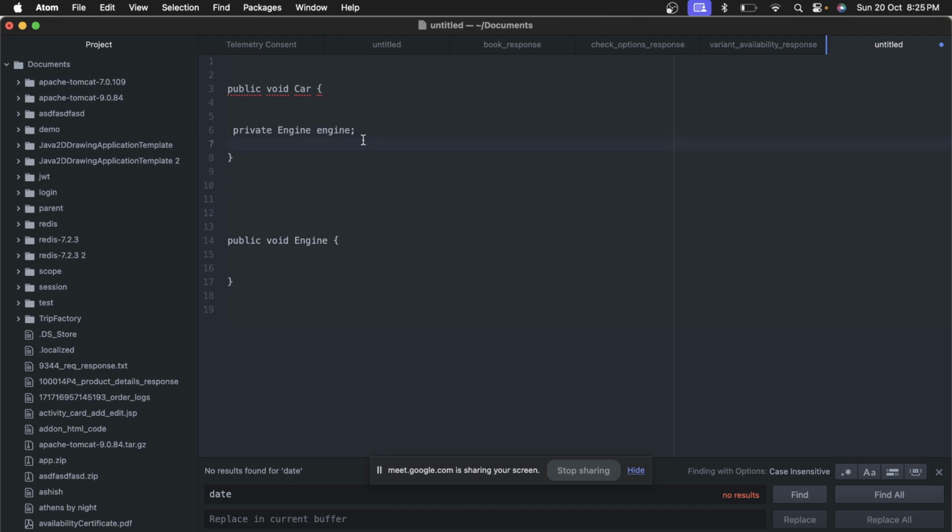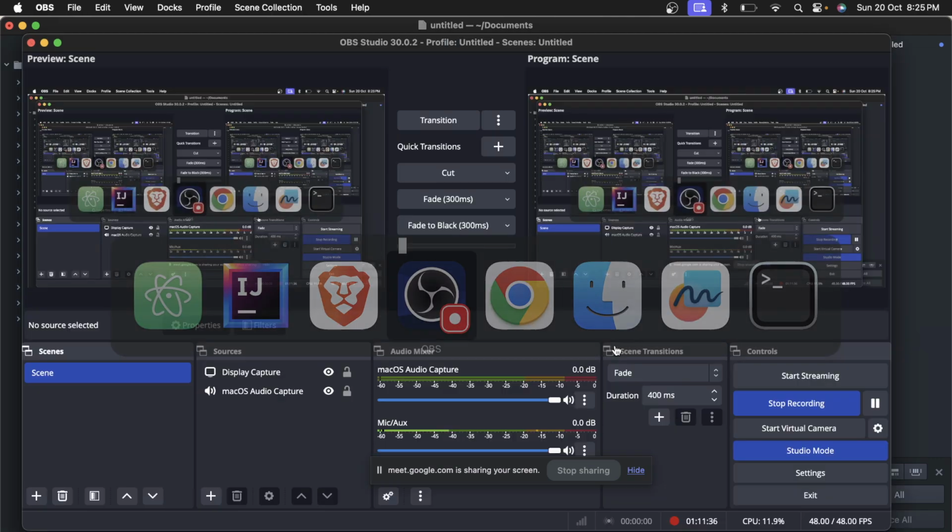So has-a relationship means if someone says, okay, create two classes and create a has-a relationship between them, right, a car and an engine, that means you need to create a variable inside one class of the other, because the car has an engine. And if someone says you have to create an is-a relationship, then you need to use the extends keyword and implement the inheritance. Cool. So that's the difference between